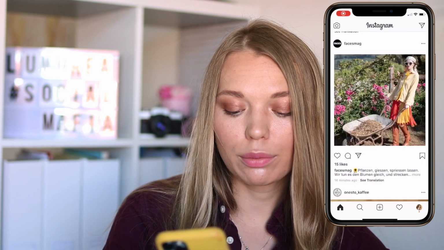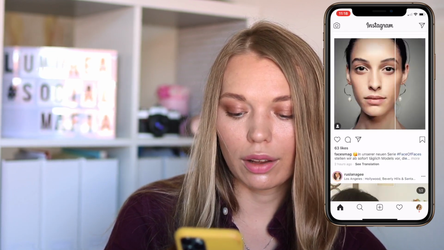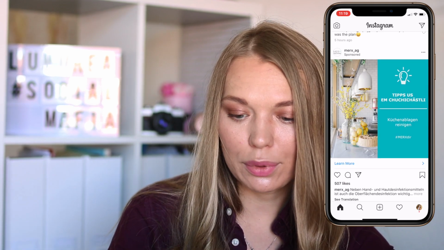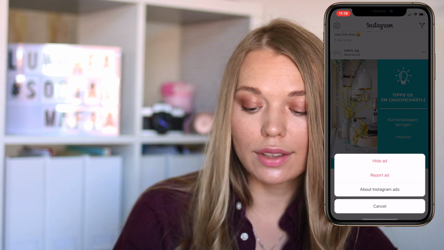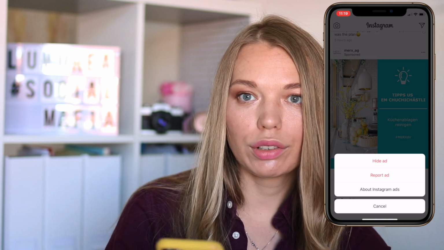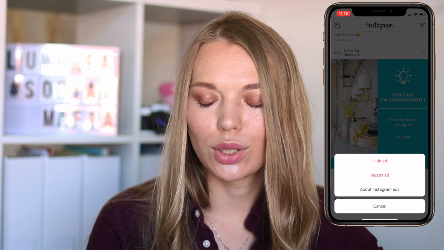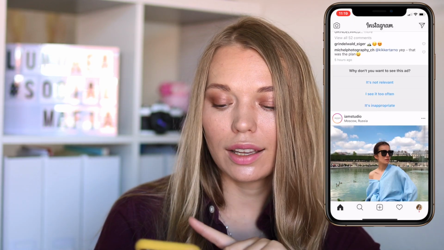So once we go to my feed, I'm just gonna scroll around and see when I'll get a sponsored ad. Okay, so here we have a sponsored post. All you need to do is to press these 3 dots and then hide ad or report ad if you think it's violating something, which normally you don't do, but you just hit hide ad,